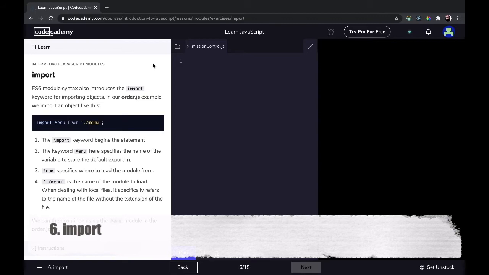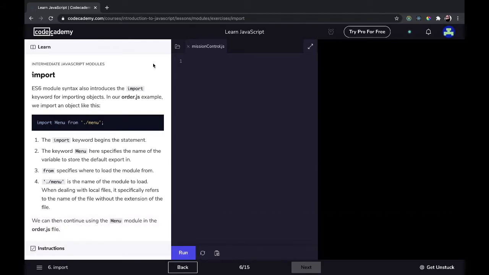Import. ES6 module syntax also introduces the import keyword for importing objects. In our order.js example, we import an object like this. Import menu from /menu. 1. The import keyword begins the statement. 2. The keyword menu here specifies the name of the variable to store the default export in. 3. From specifies where to load the module from. 4. /menu is the name of the module to load. When dealing with local files, it specifically refers to the name of the file without the extension of the file. We can then continue using the menu module in the